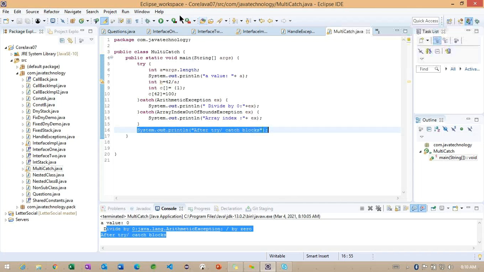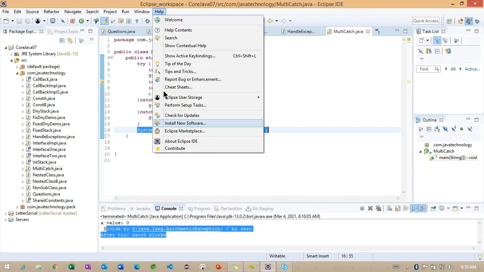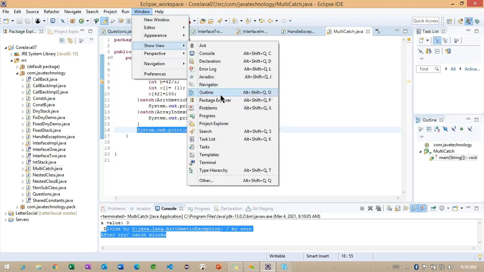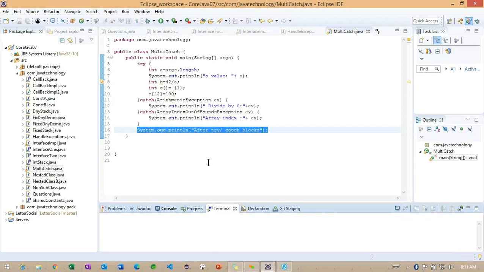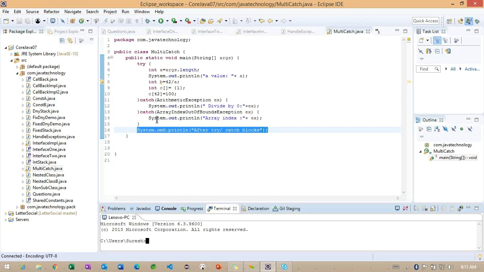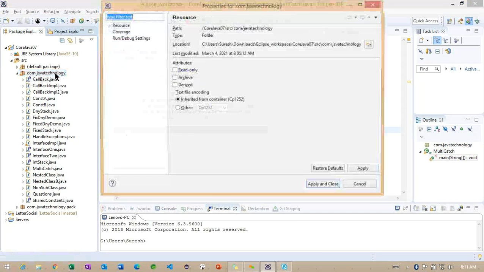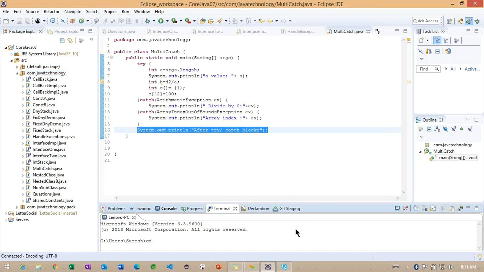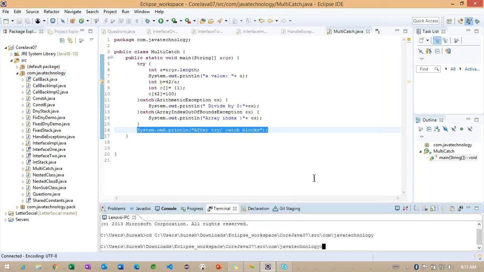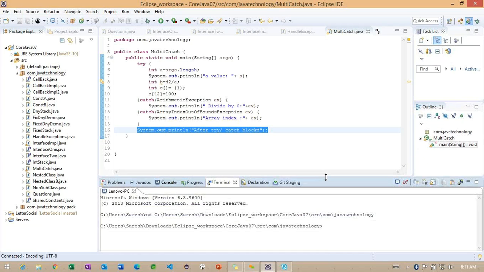And the same example I want to run in the terminal. So where do we have the terminal? Inside this terminal, where this class is available inside this package, I want to move into this particular location. So try to focus on the code below.